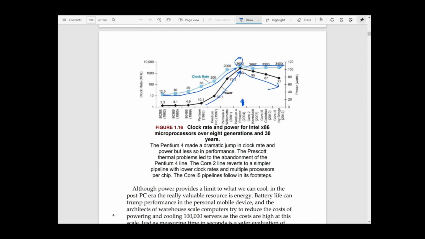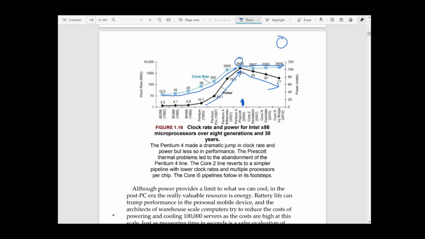Power is also decreasing. Then the question is how computers are performing better if the frequency has not been increasing from 2004 till today, 2020. How are we getting better performance? We are getting better performance because from this point the concept of the multi-core processor came. Initially we only concentrated on a single core processor, where we only tried to increase the frequency so that we can execute a particular program as fast as possible.